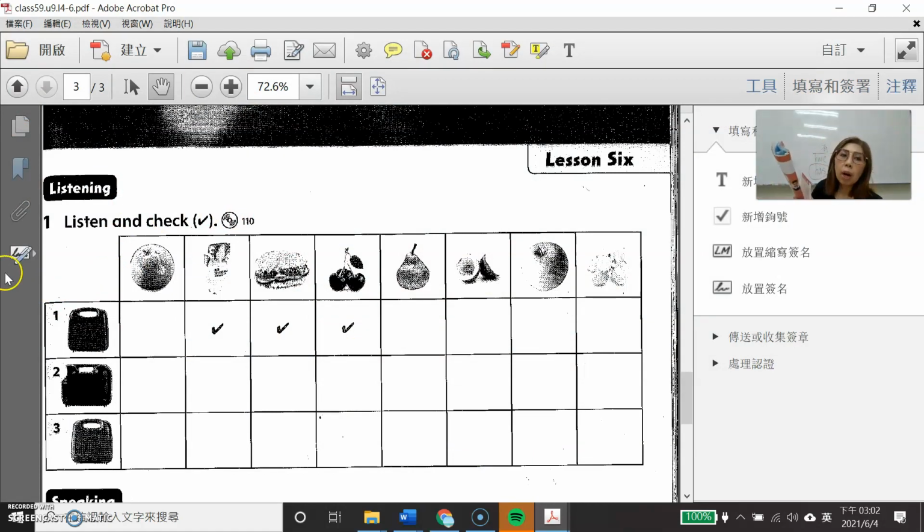So we have 1, 2, 3. We have 3 lunchboxes. Okay, and then you're going to listen which lunchbox has what kind of food. Okay, so the first one is the orange. What is number 2? Juice. 3 is a cheese and tomato sandwich. And number 4 is cherries. Number 5, a pear. Number 6 is an egg. Number 7 is an apple. And next one is grapes. 不清楚 grapes，但是你课本有，你要打开来看。